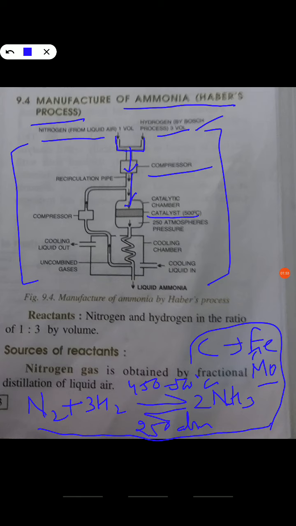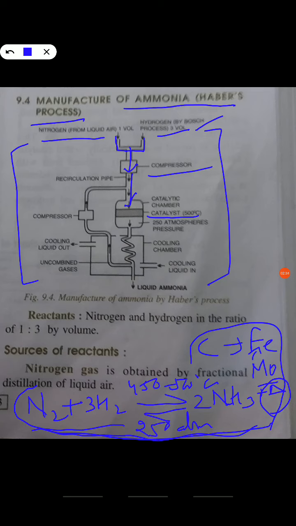The catalyst chamber is maintained at a temperature of 450 to 500 degrees Celsius and 250 atmospheric pressure. The reaction which I have written here takes place in the catalytic chamber where we have iron and molybdenum. Now once ammonia is formed, it is still hot and the process is exothermic. We need to remember this process is exothermic. So we need initial heating. Initially we heat it to 450 to 500 degrees Celsius and after that the outside heating is stopped, because it is an exothermic process and the heat energy released during the process is enough to